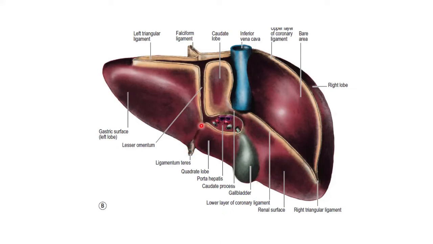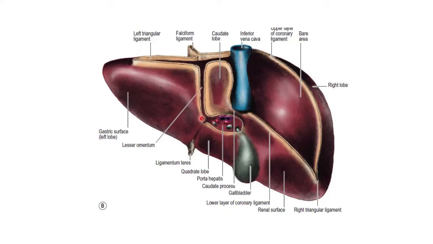And again, here you have the ligamentum teres, which we saw on the anterior side. So this ligamentum venosum is again an embryological structure extending from this area, the ligamentum teres, and it enters the inferior vena cava. Can anyone tell me what is the vessel which gives rise to the ligamentum venosum? The structure which carries blood from the umbilical vein to the inferior vena cava? Ductus venosus. Ductus venosus, yes, exactly.